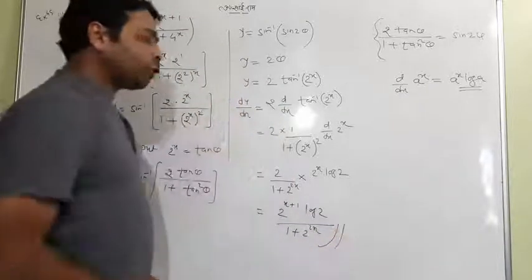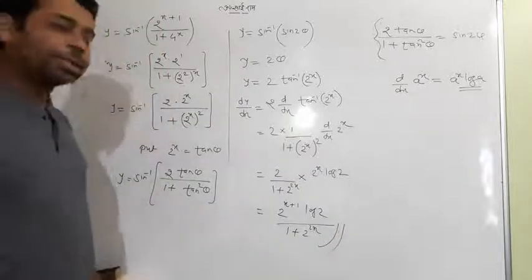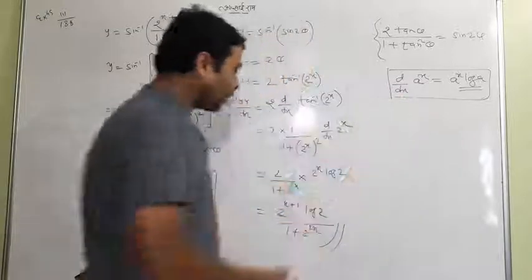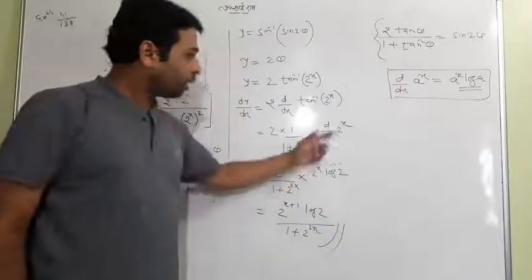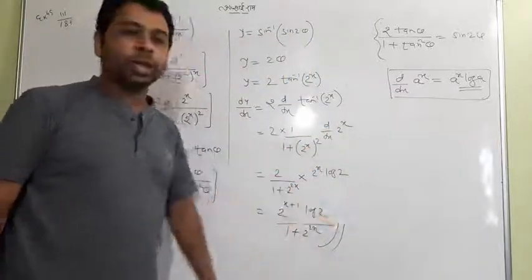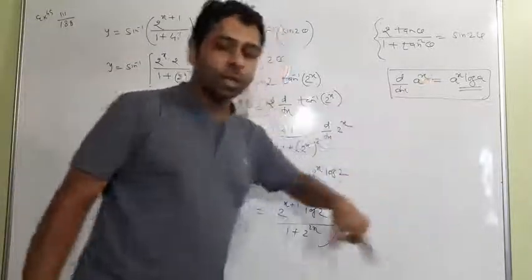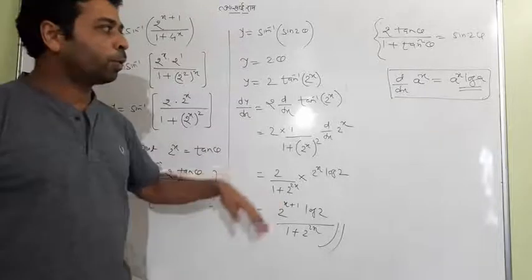Okay, one trouble: I took the question from the miscellaneous exercise. This formula you haven't studied till now, no matter at all, but the procedure was important. The last step you will get after my explanation of how we can get d by dx of e to the power x. It will be done tomorrow, no matter.